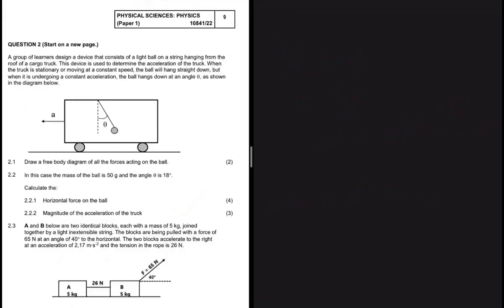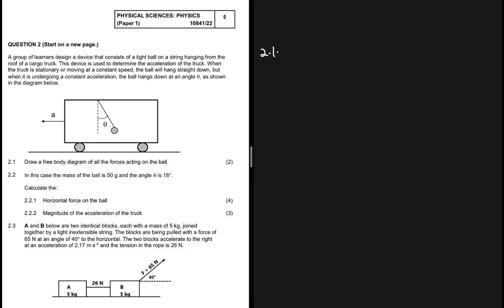This question looks interesting, right? Let's take a look at it and see where we end up. A group of learners design a device that consists of a ball on a string hanging from the roof of a cargo truck. This device is used to determine the acceleration of the truck. When the truck is stationary or moving at a constant speed, the ball will hang straight down. But when it is undergoing a constant acceleration, the ball hangs down at an angle theta, as shown in the diagram below. And the first question, 2.1: draw a free body diagram of all the forces acting on the ball